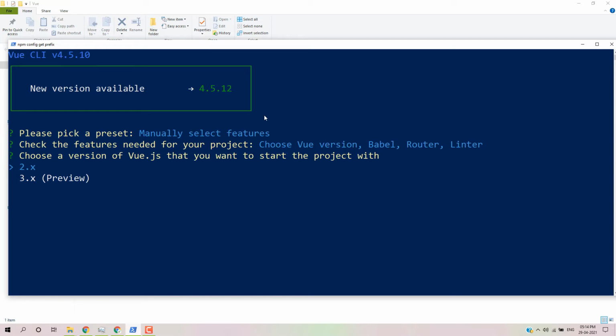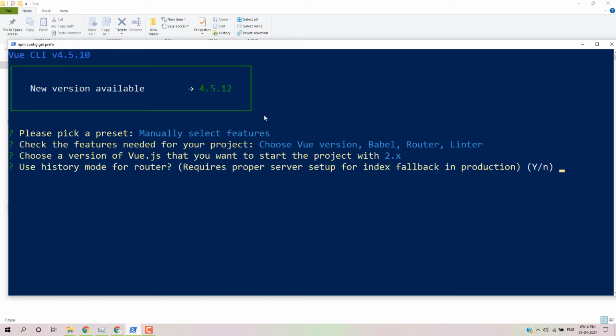So we'll select version 2, and then it will ask for the routing mode. We have to use the routing mode as history. Basically, history mode means, let's say my application name is techferment.com, and when I switch to the about page, the routing path will be slash about.